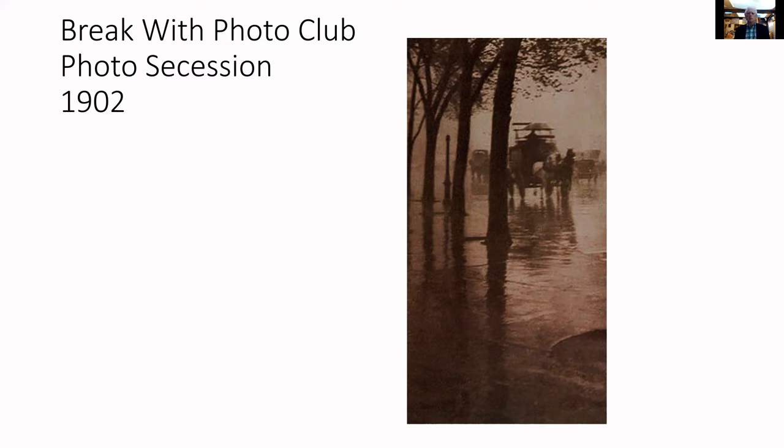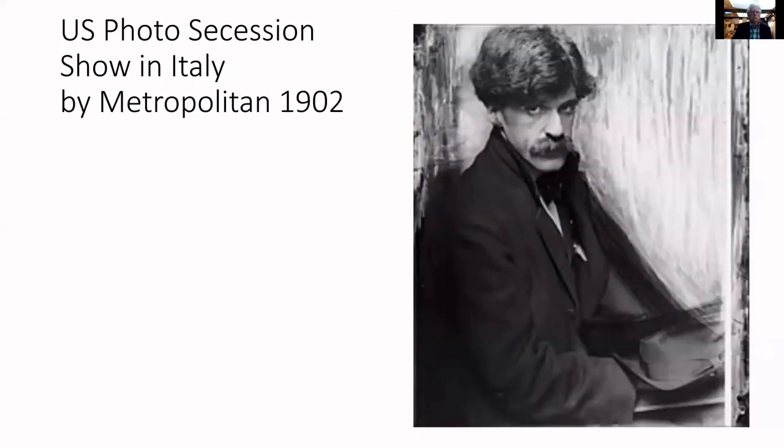And he does this image on the right, which is Rain in Paris. And it's a terrific kind of simplification of a rainstorm and the light and dark energy that you see in that kind of environment. But it's still got this softness, it's still got this pictorial quality about it, which is really tied up with an 1800s aesthetic. And so even though he's doing work that he wants to be different, he hasn't made the break yet.